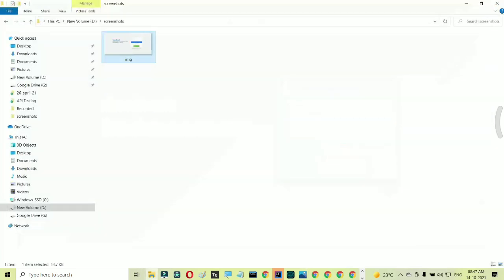Okay, now you see here in this folder, previously there was one screenshot and that has vanished. Now I have only the Facebook screenshot. The previous website screenshot is not there. Why? It is overwritten.